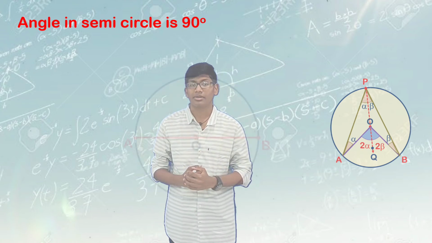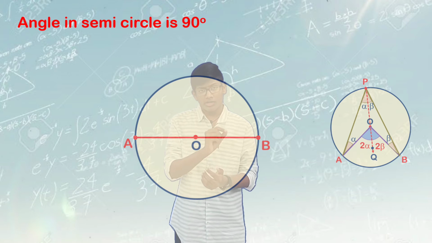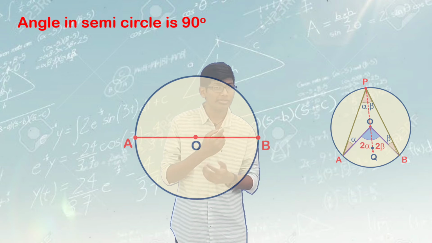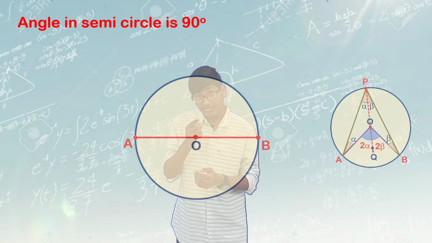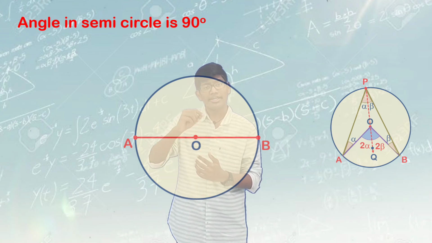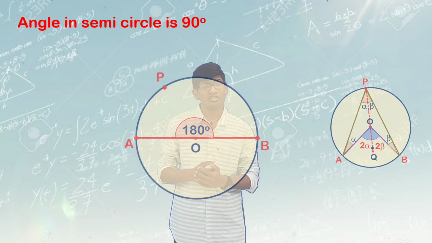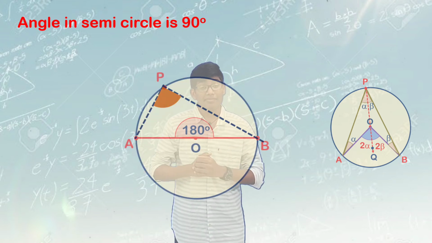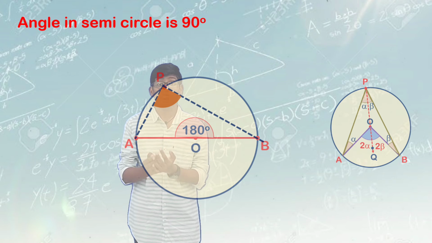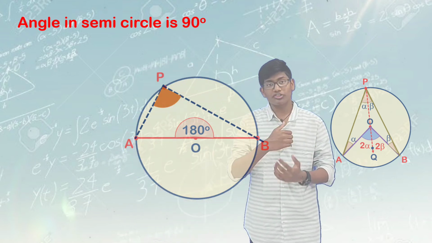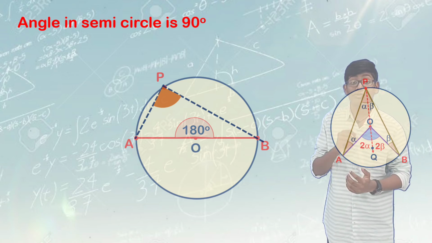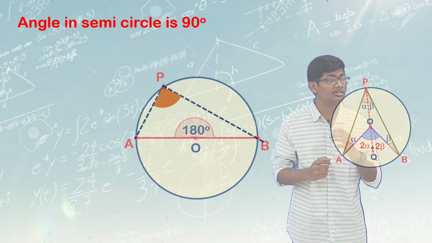Now let us consider a circle. Take the center as O, draw a diameter, and name the edges of the diameter as point A and point B. We can see that this circle is divided into two semicircles. Now take a point P on the semicircle, join AP and BP. Now the angle at P should be equal to 90 degrees, that we should prove. The theorem which we have discussed earlier is that the angle at the center is always equal to twice the angle at the remaining arc of this circle.